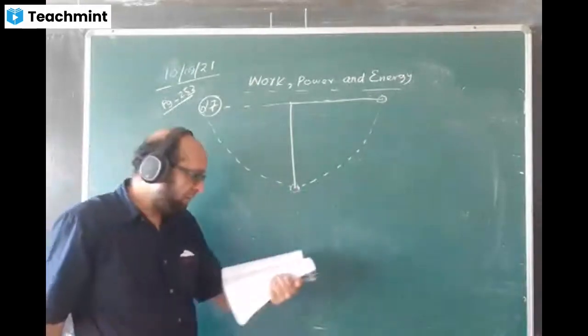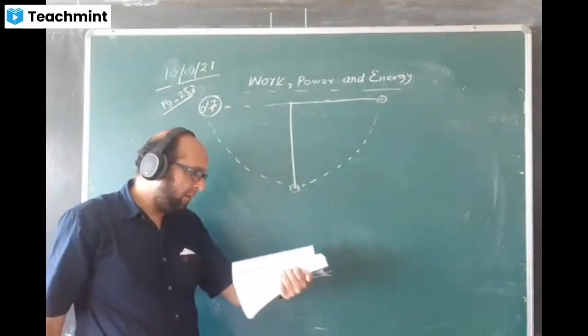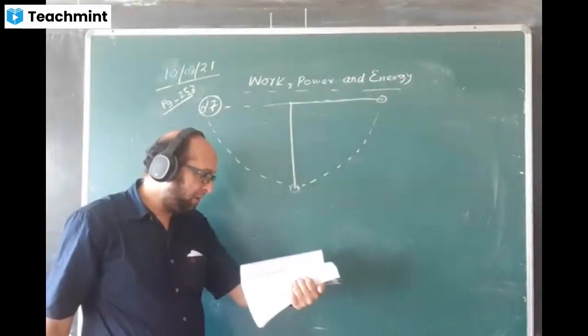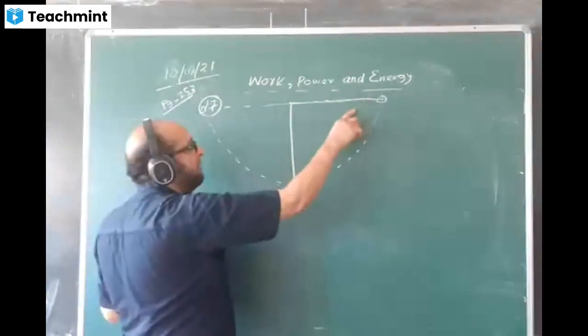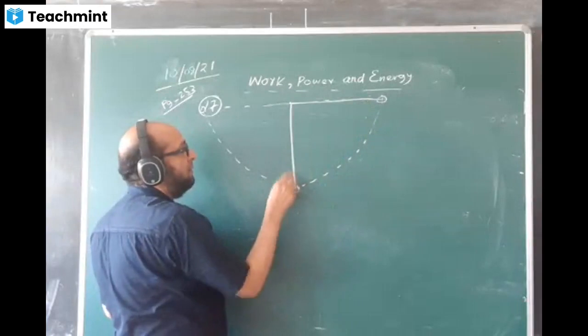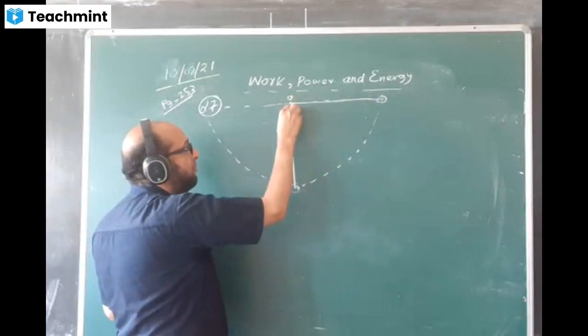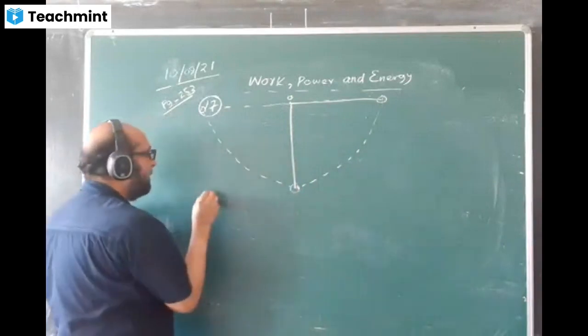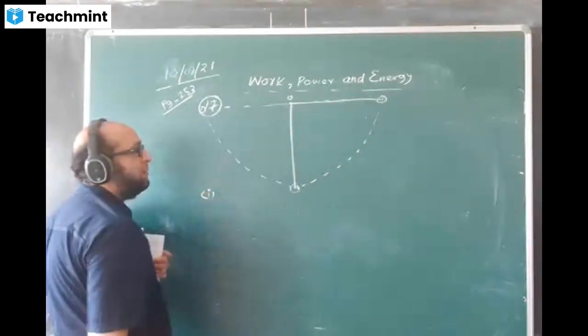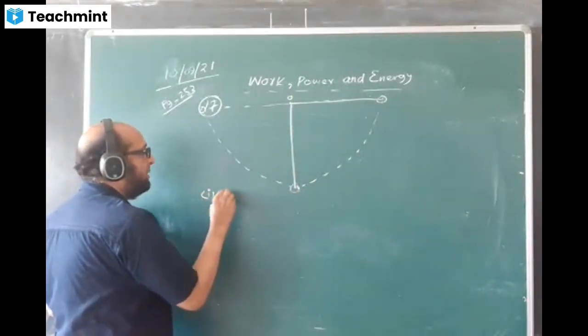What we have to do? We have to find the kinetic energy of the pendulum bob when the string makes an angle of 0 degree. When will the string make an angle of 0 degree? When the string comes here. The angle with this point, what is the angle it will make? 0 degree. That is case 1. Draw the diagram of case 1. For case 1, theta is given 0 degree.